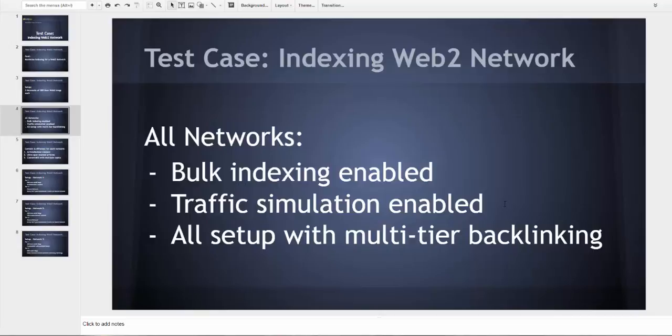Traffic simulation is a feature that RankWyz has built in, and it's especially powerful when it goes with multi-tier backlinking automatically, without setting up a campaign. You just enable the traffic simulation, and bots using thousands of proxies visit the page, stay on the page, click on several links and navigate up to the higher tier links, basically simulating traffic. Not only does it help with the latest changes Google implemented, enabling RankBrain, which involves measuring users' activity on the site,